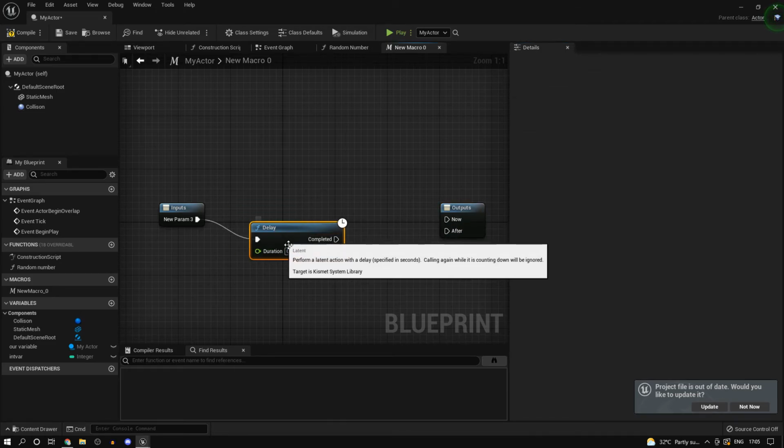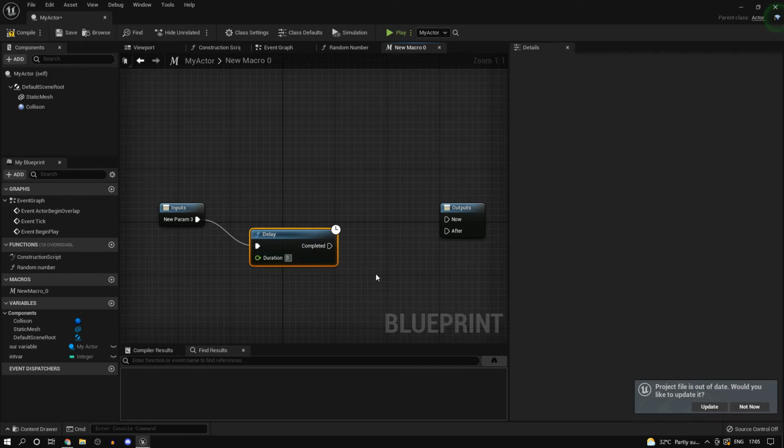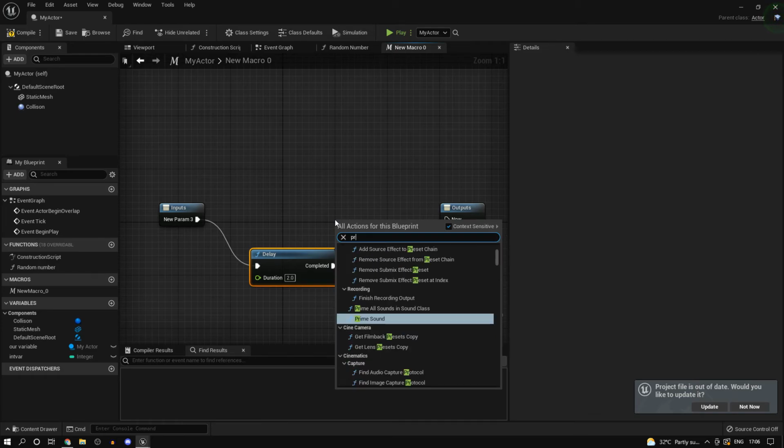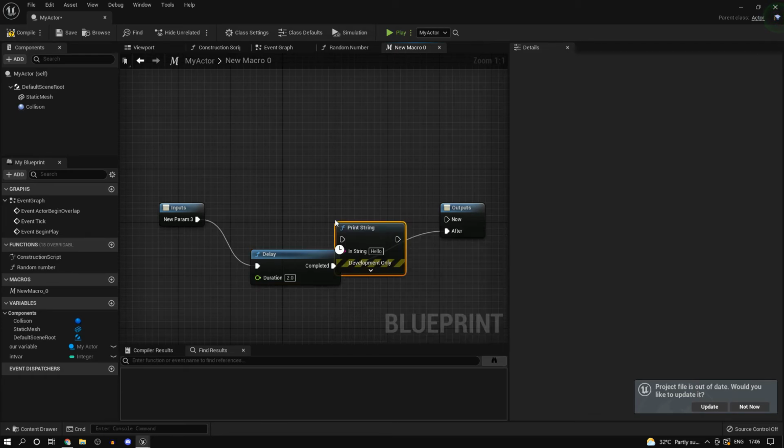So if I type in 2 over here, just a reasonable amount of time, and inside of this I can also have a print string over here, and I'll need to replace that.